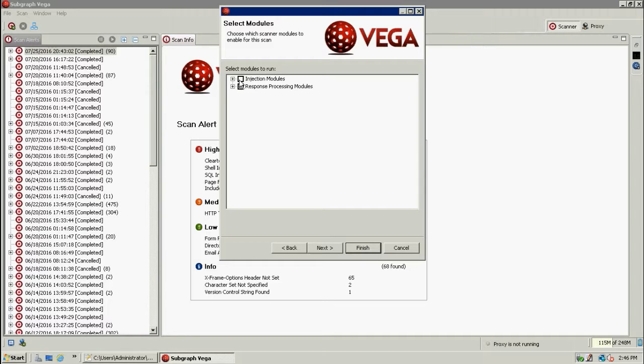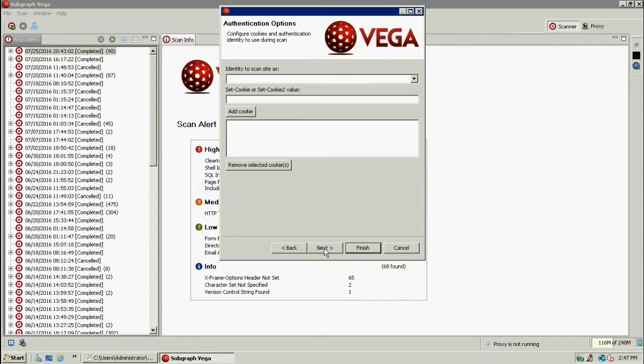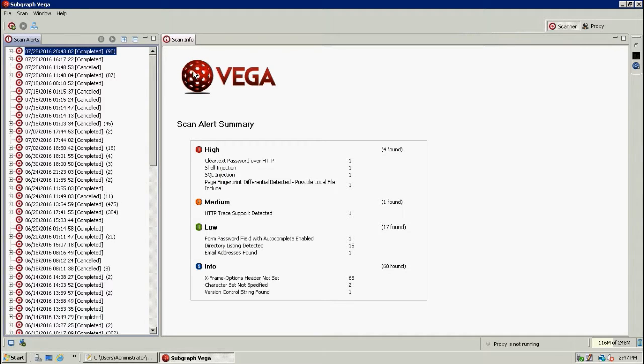Select all the injection modules, because I want to scan with all modules in order to check the vulnerabilities. Next, go ahead and click finish. That's it. After finishing, it will start the whole scan.